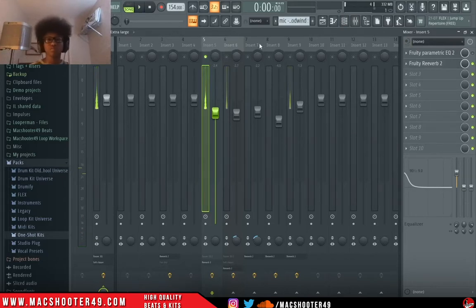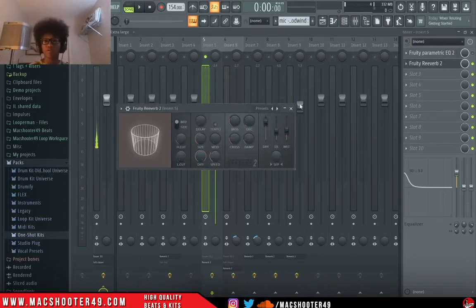So this is what I usually put on the main melody. I put a reverb on it. Ignore that parametric EQ. When you're using one shots, reverb is essential. Check this out. Without the reverb,